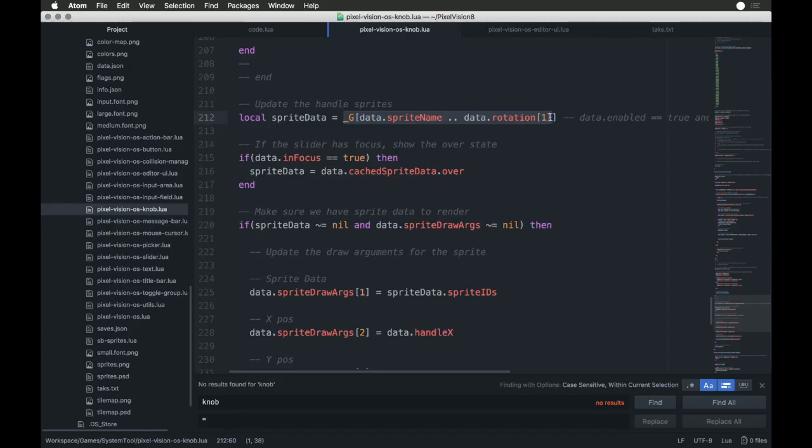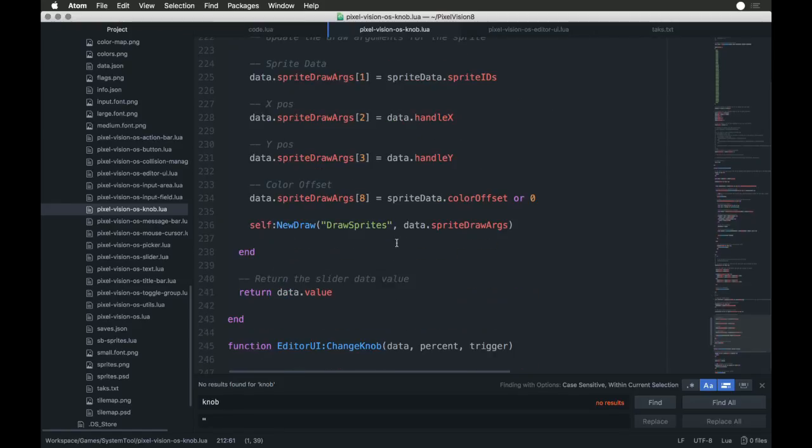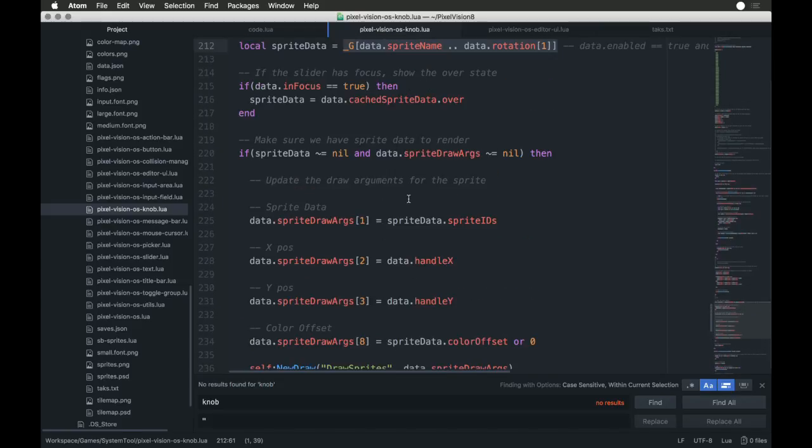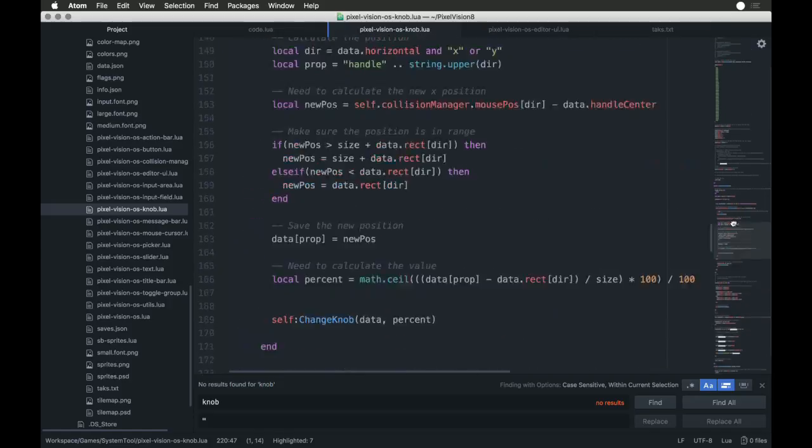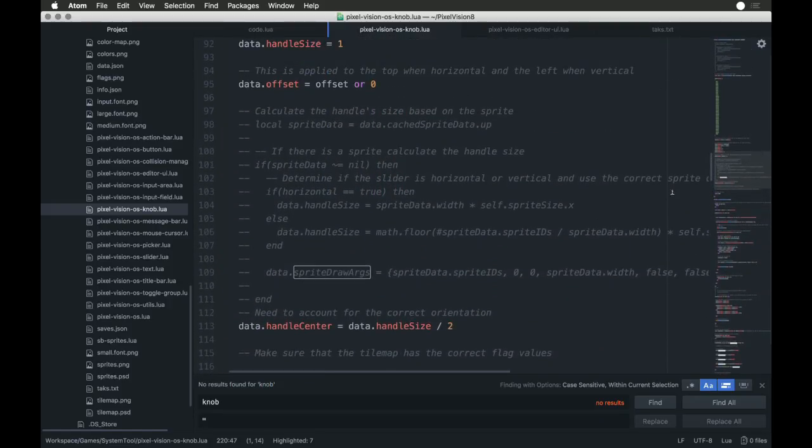Sprite name data rotation 1. Sprite draw arguments equals nil. Yeah, okay, here we go. It's the sprite draw arguments equals nil. What we want to do is